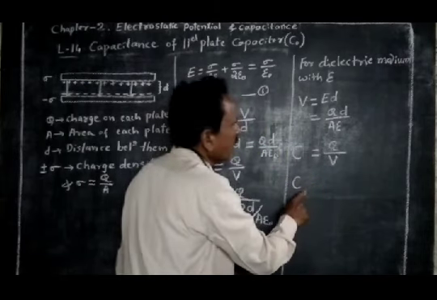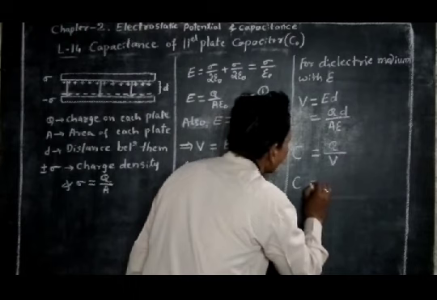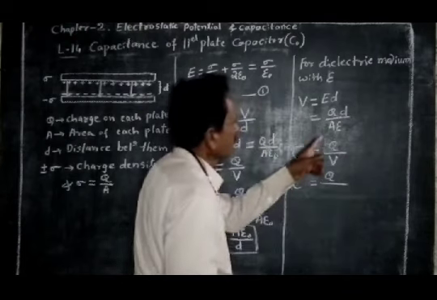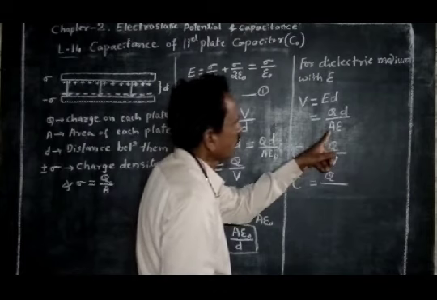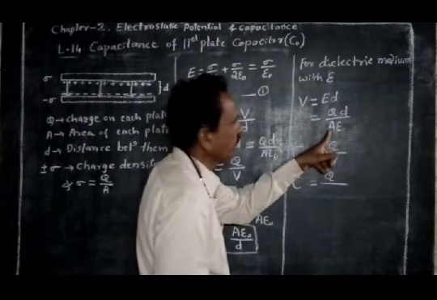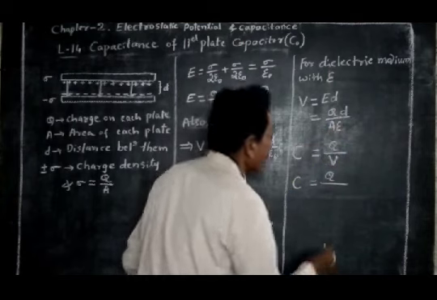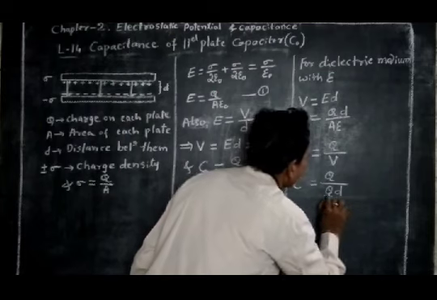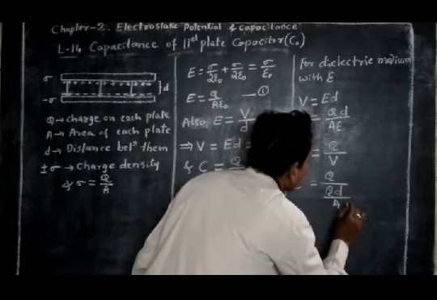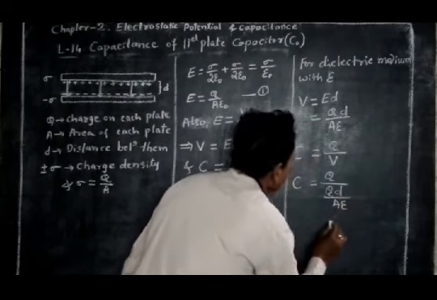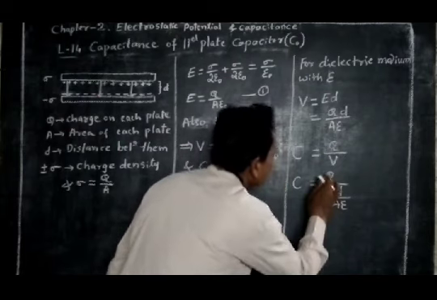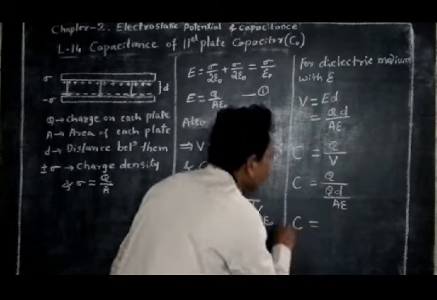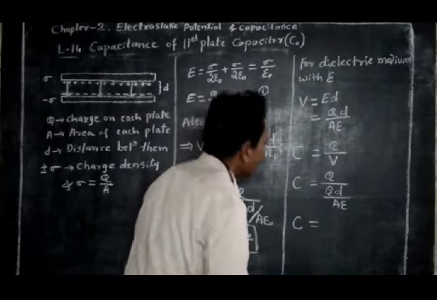Hence, the capacitance with dielectric medium is Q upon phi, where phi equal to QD upon A epsilon. Here Q gets cancelled, therefore the remaining capacitance of a capacitor with a dielectric medium is